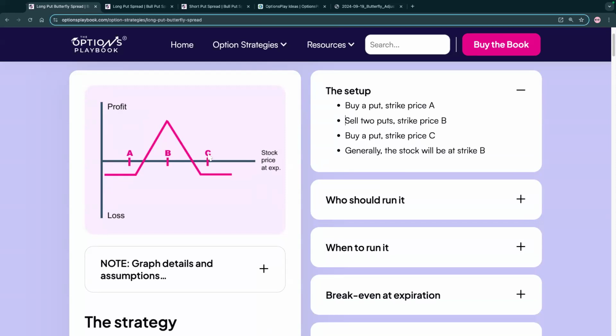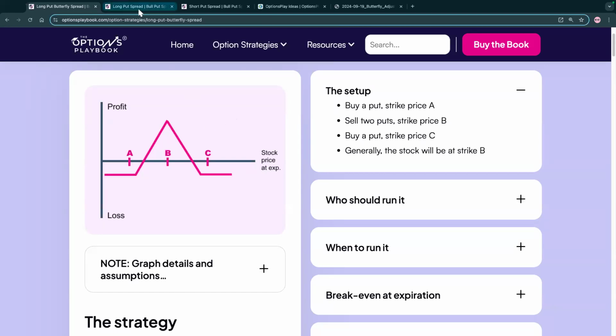If you look at this, if you buy a put at strike C and sell one put at strike B, what you have is a long put spread. It would go up like this, and then it would extend out. And on the other side, if you sold that same put at strike B and then went lower on the scale and bought one at strike A, that would be a short put spread. And it would look like this, and then you would go this way.